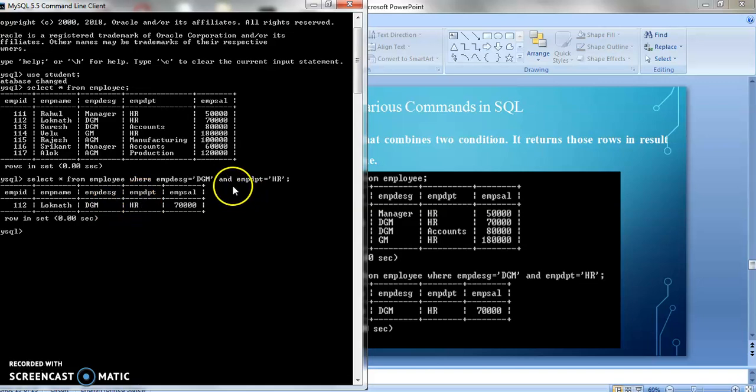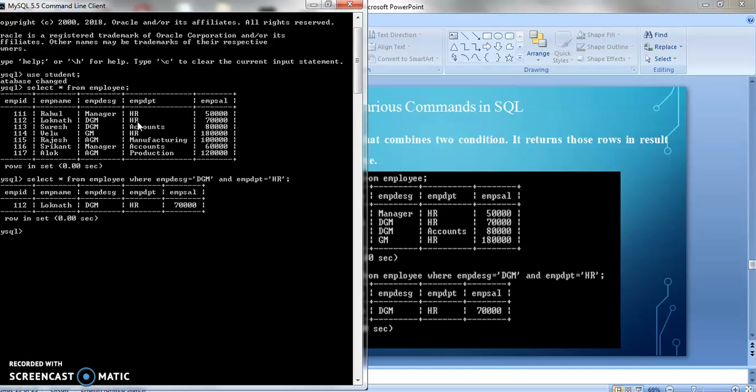So you can say the AND condition returns those rows where both conditions are true. You can see there is only one row, employee ID 112, where the designation is DGM and the employee department is HR. This is the fundamental functionality of the AND operator.